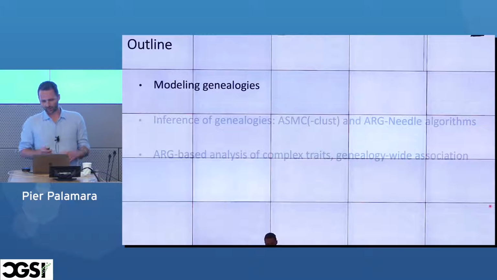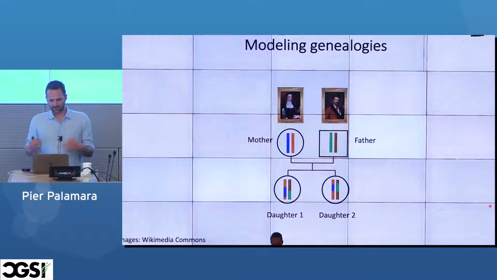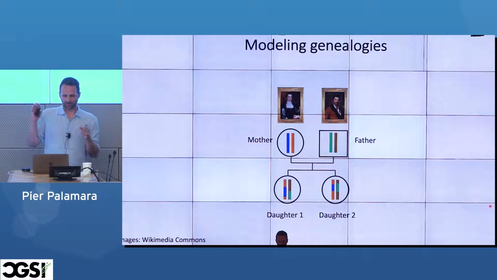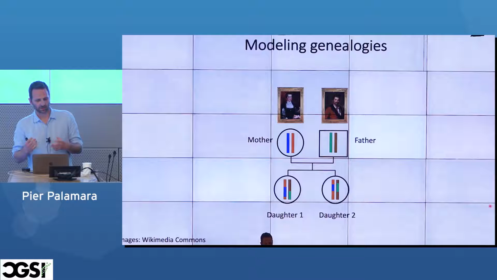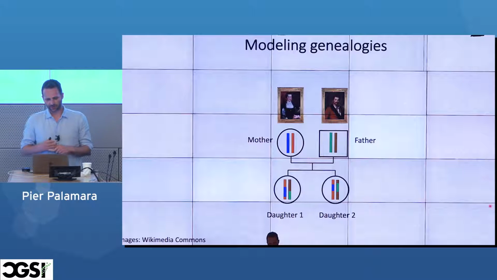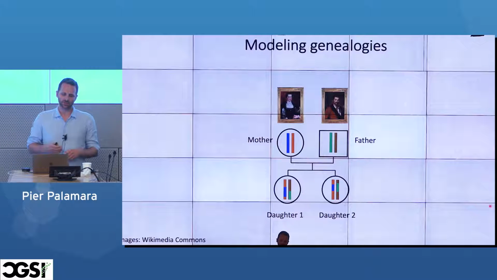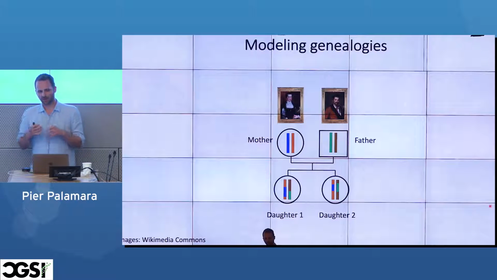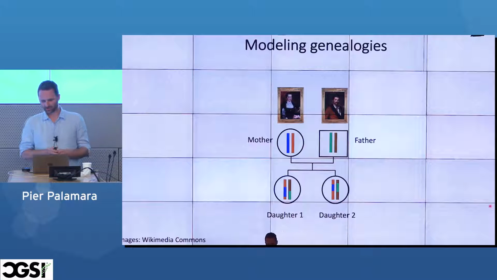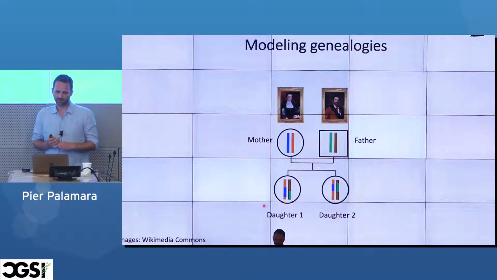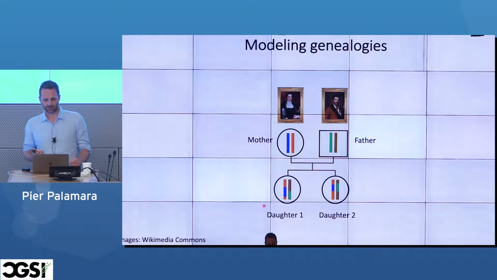Okay, so starting from modeling and background. So when I say genealogy, you probably think about something like this. So a pedigree, where you have a pair of ancestors, a mother, a father, and two offspring. And so these are diploid organisms, so they have two haploid genomes each. And because of recombination, you're going to get the shuffling of genetic materials. In the next generation, the offspring are going to get some shuffling of the chromosomes of the parents. And this shuffling is random, and it's different each time there's a child.